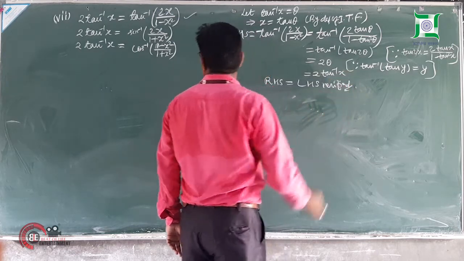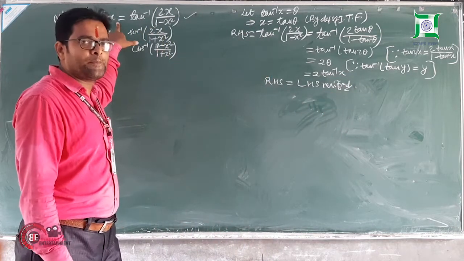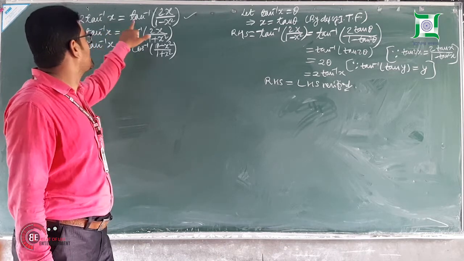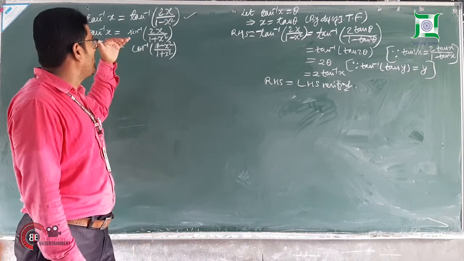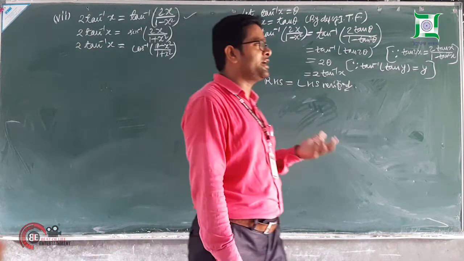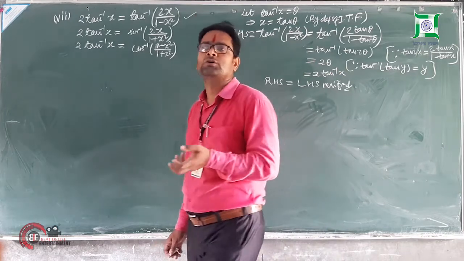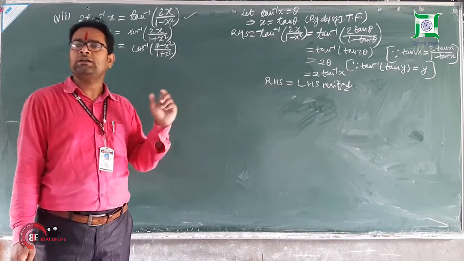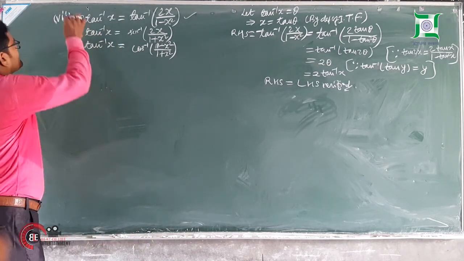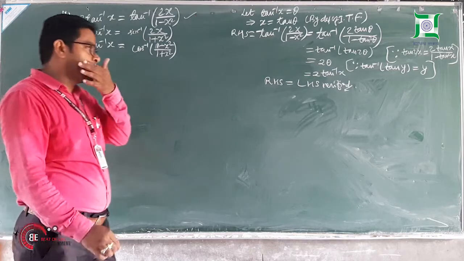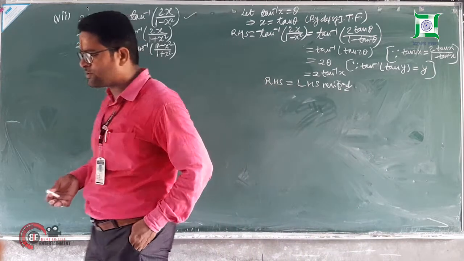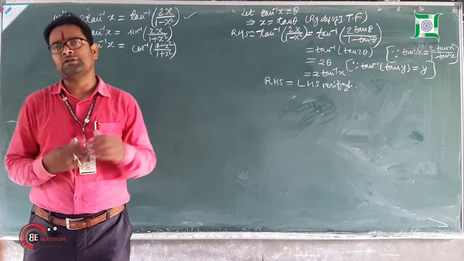So in this way, we have verified the first formula for inverse trigonometric functions related to multiple angles: 2 tan inverse x is equal to tan inverse 2x by 1 minus x square. Based upon the same concept, we can prove these two also, with the help of multiple angle formulae relating the sine and tangent functions, and the cosine and tangent functions. Now, let us see the next. In this way, we can apply all these formulae wherever we require in a question. Whenever we need questions to be solved, we can apply either of these formulae.